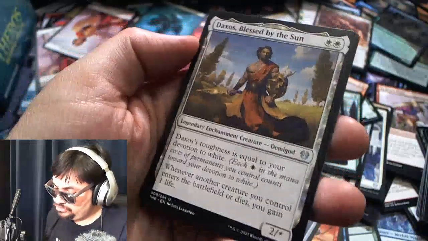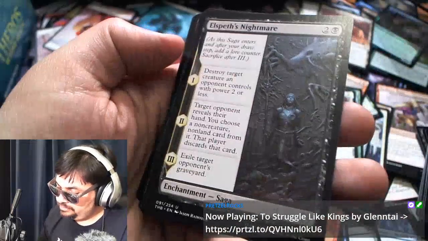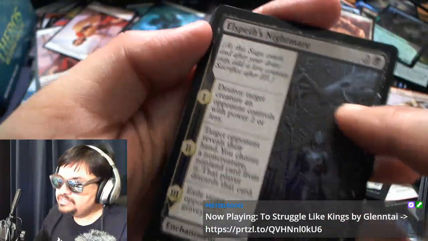Nice. We got a Daxos Blessed by the Sun. I also got that one at the pre-release. Nyx Herald, Elspeth's Nightmare. This is the one that people are saying, if you look closely...